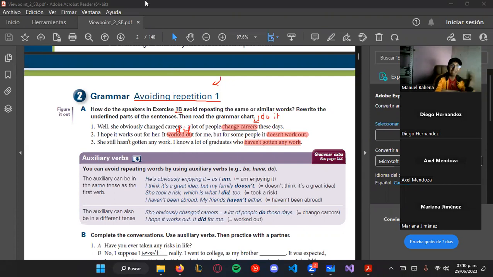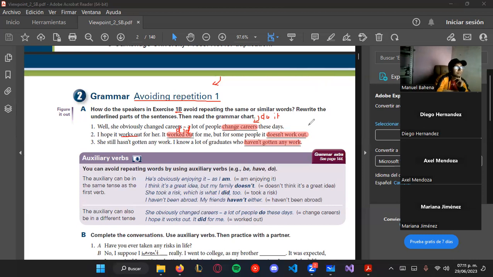Okay? So, yes, exactly, because it's in past tense. Porque está en un tiempo pasado. It's in past tense. It worked out. Funcionó para mí. It worked out for me. So, it just makes sense. Hace sentido that I say it did. Lo hizo para mí. I hope it works out. Espero que funcione. It did for me. Lo hizo para mí. Me funcionó a mí. It did for me. But for some people, it